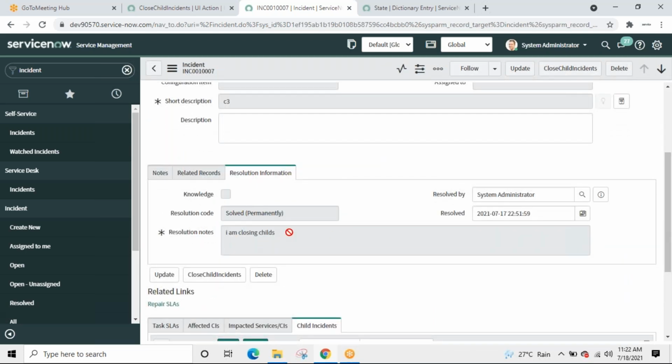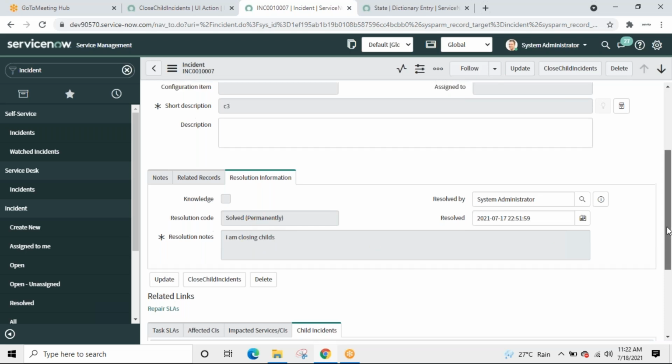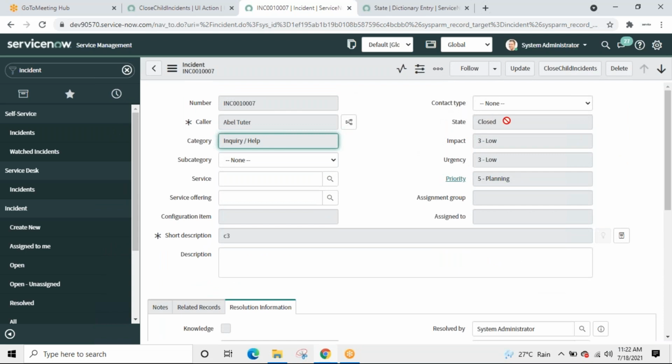See, and the status: closed. This is the power of UI action. I executed a client-side script and I also executed server-side script.